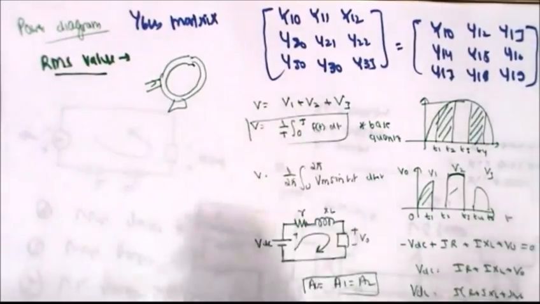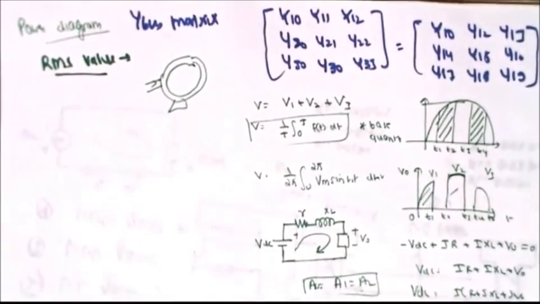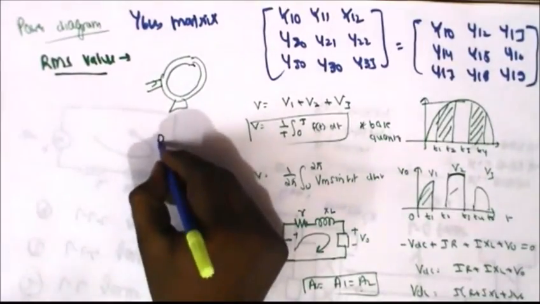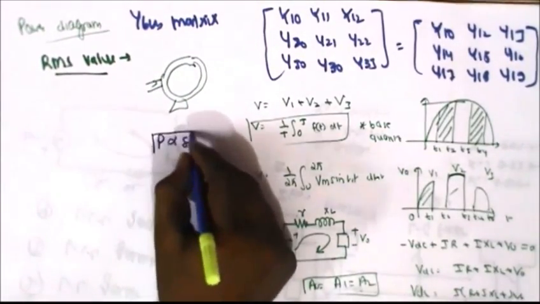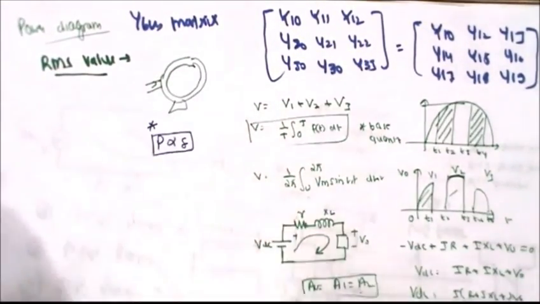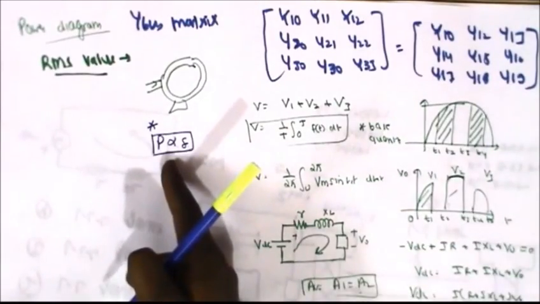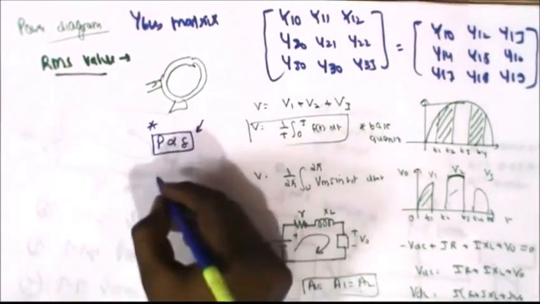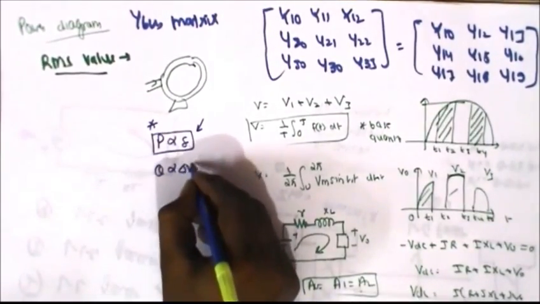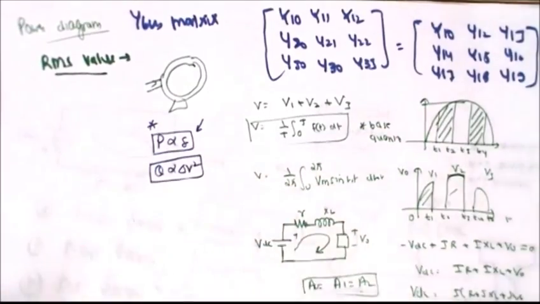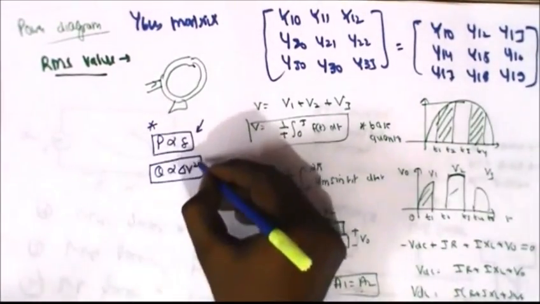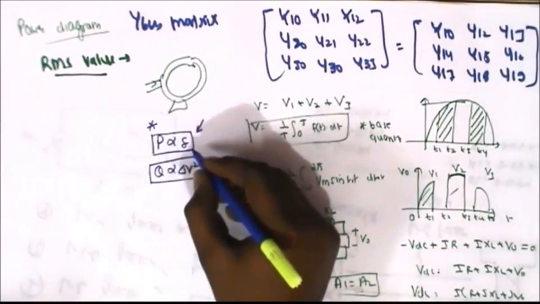So what is the conclusion of it? The conclusion is very simple. We can easily calculate the conclusion that P is directly proportional to del. It is the famous conclusion. If there is a real power flow in the power system, then it is responsible for del. If it is a reactive power flow in the power system, that is responsible for Q. So Q depends upon the voltage and P depends upon del.